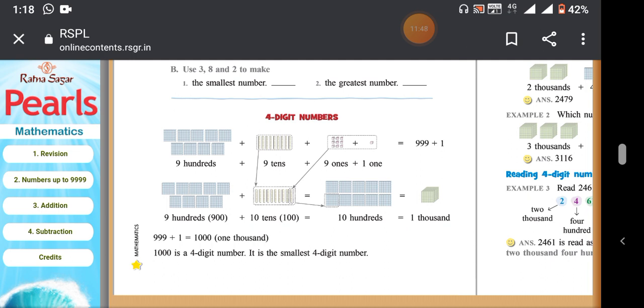So last picture, observe the last picture. That box indicates 1000 value. So one box is equal to 1000. So here 999 plus 1 is equal to 1000. 1000 is a 4-digit number. It is the smallest 4-digit number. So next part is